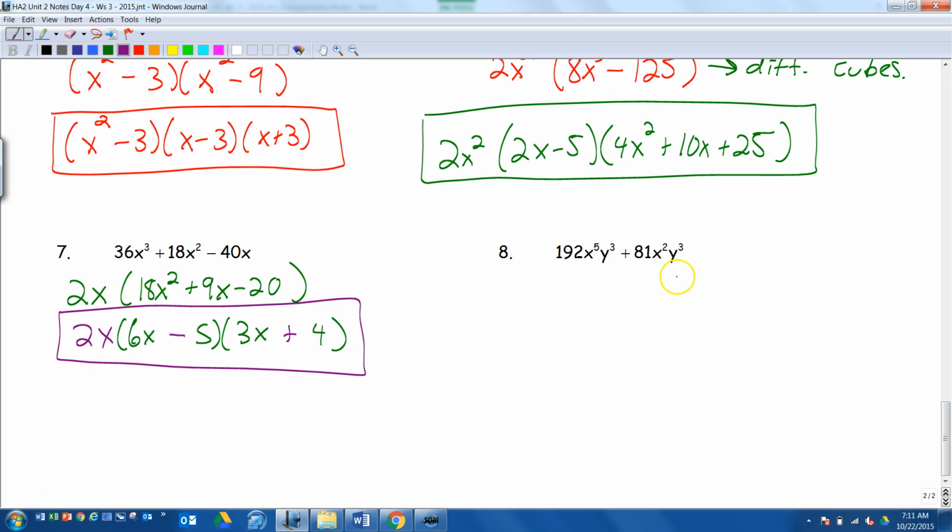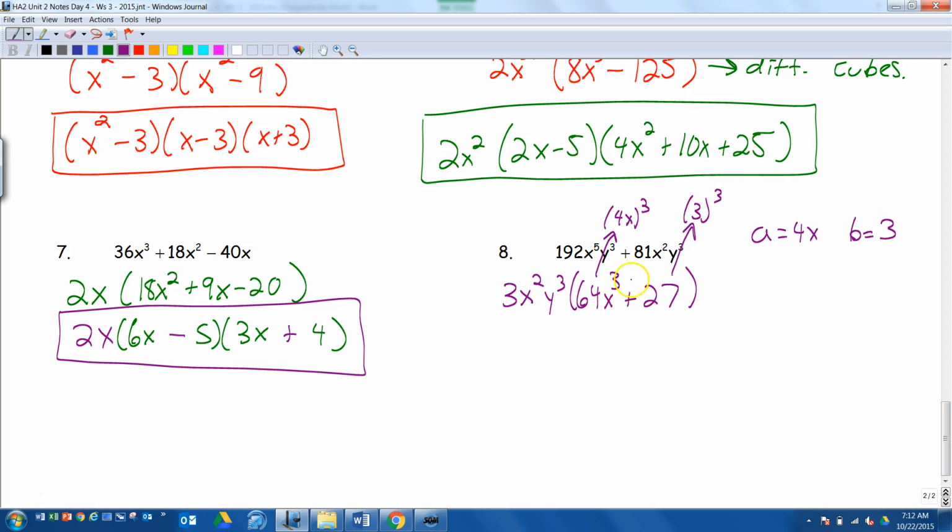Again, GCF, I can take a 3 out of both those numbers. I can take an x squared and a y cubed. So 3x squared y cubed. And what I'm left with is a 64x cubed plus 27. And again, when you see a cube like that and look at those numbers, you have to think that might be a sum of cubes. And sure enough, my a value is 4x, because when you cube 4 you get 64. And here we have 3 cubed. So my a is equal to 4x, my b is equal to 3, and I'm going to use the pattern